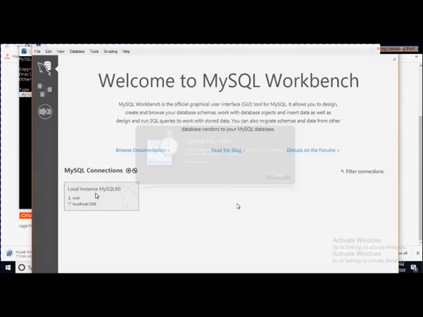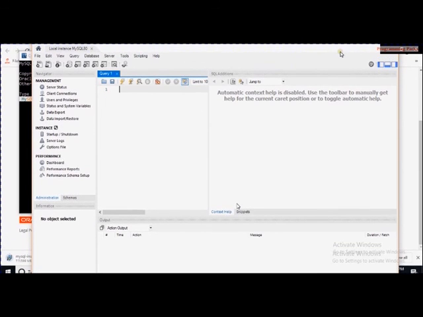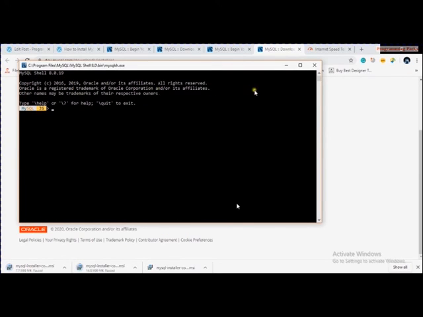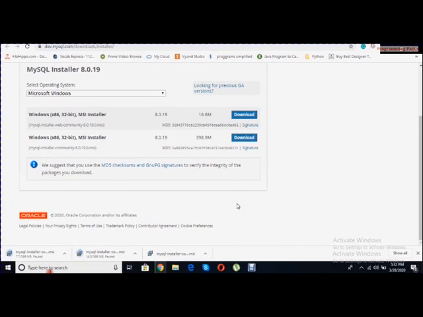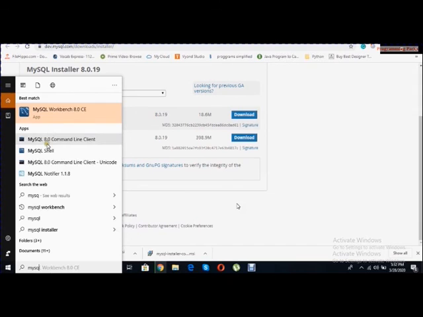Use the same password you've written while connecting to the server. So I'm able to log in to the workbench, write queries and test it. I'll create a database. Anything related to a database I need to do, I can do here. Or if we want to check, we can go